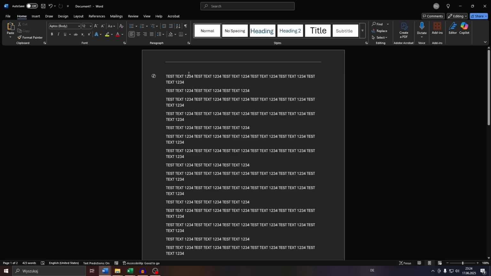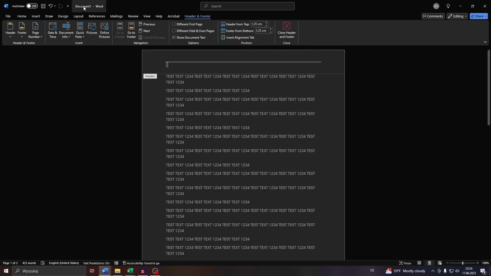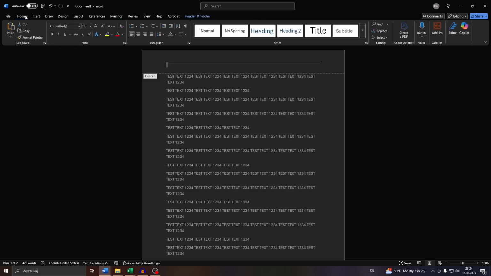Well, hear me out. So what you want to do is double click on the header area here to access your header, just like that. And after that, you will see the header and footer area or options popping up here at the top. So you may switch from that tab to the home tab here on the left hand side. And what you want to do after that, guys, is simply pay attention to the paragraph section here and click